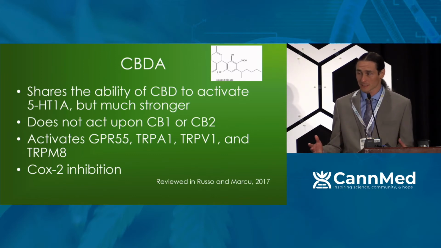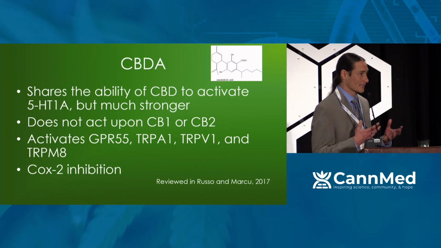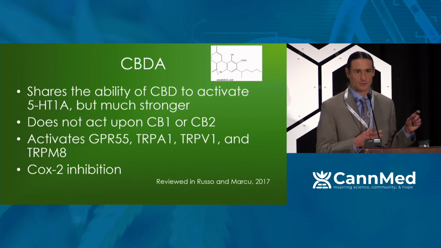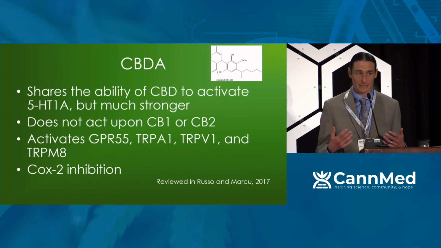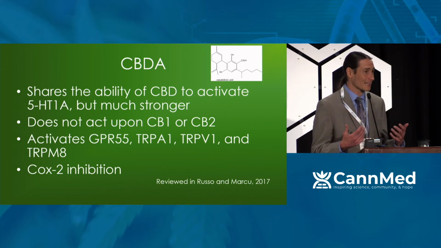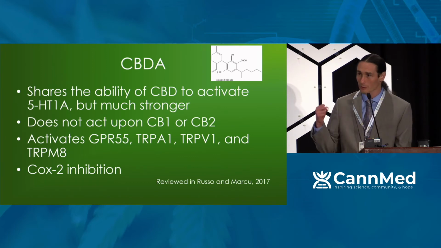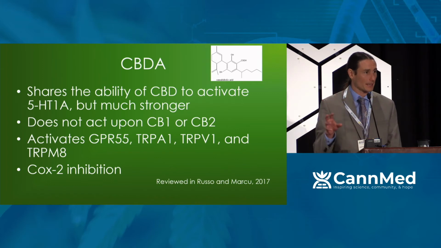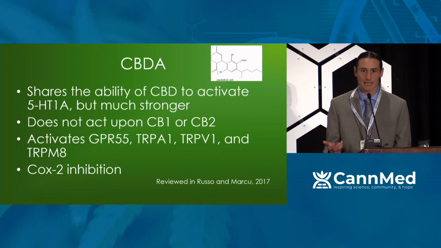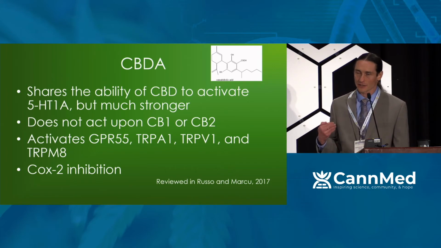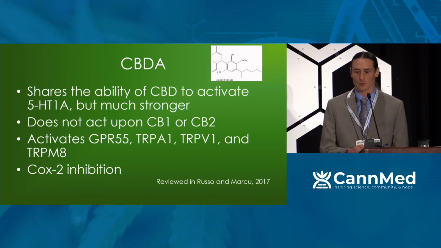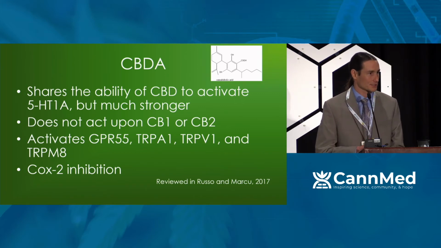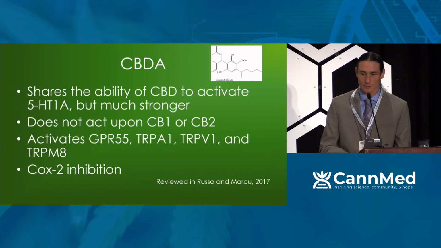So, as we described before, in many situations, it's valuable to get that negative allosteric modulation of CB1 and CB2 in order to make people tolerate their THC better. But that's not always what we're looking for. Sometimes we want the full power of THC to shine through, yet we also want some CBD-like effects in the mix. And in my opinion, that's where CBDA comes in, because it can convey many of CBD's beneficial qualities at a much lower dose without the negative allosteric modulation of CB1 and CB2. So that's a strategy to consider.